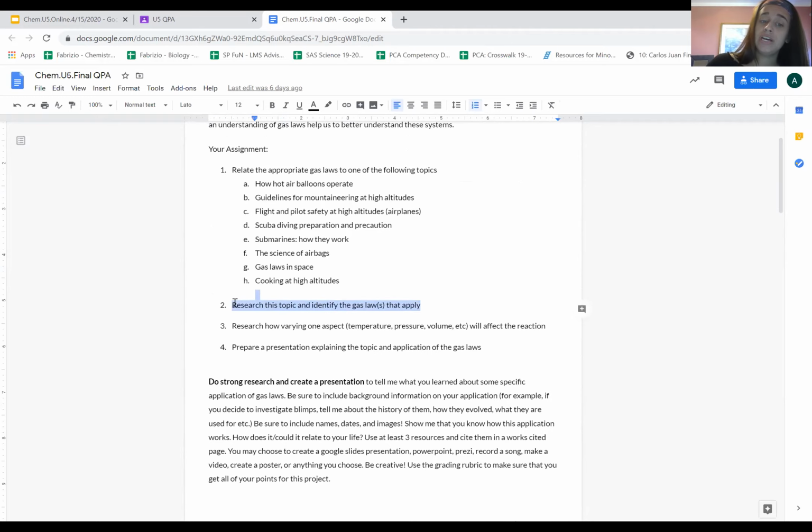So on Monday, you should have researched your topic, did a little background information. Now you're finishing the background information on the topic that you picked from above here, or if you chose one that's really interesting to you and you say, hey, Ms. Fabrizio, I really want to research this, then that's fine. But those little paper lanterns, that's like a smaller scale hot air balloon, I guess, that's fine. As long as you can relate it back to the gas laws and tell me why and how it's related to the gas laws. And then, you're finishing your research, the background information, and you can find what background information should be included